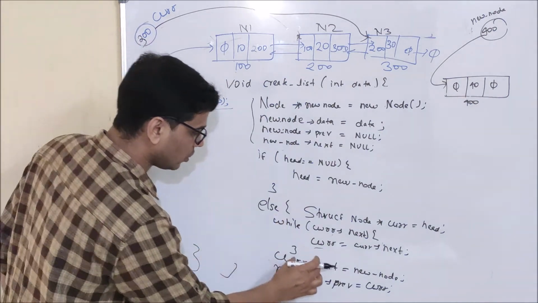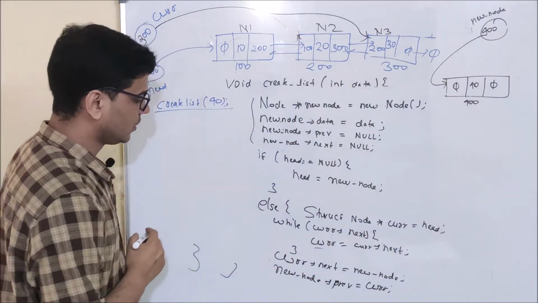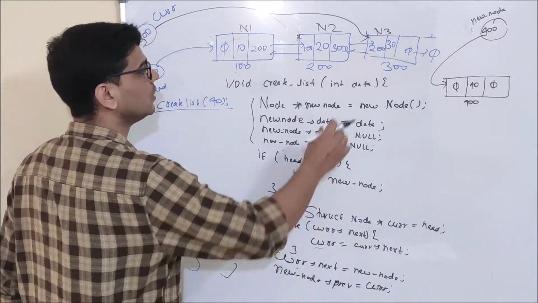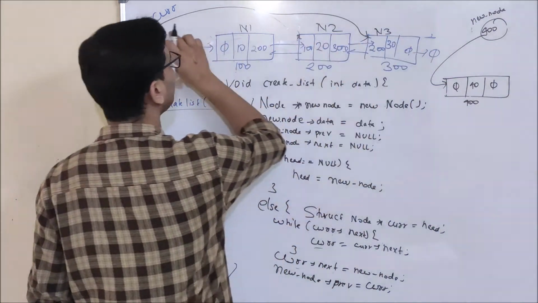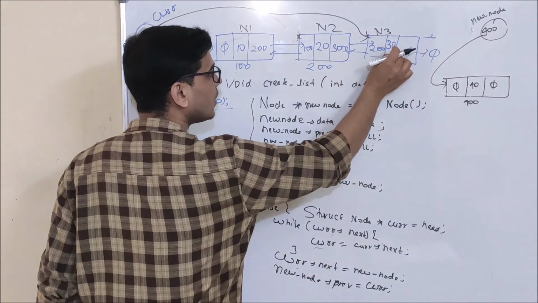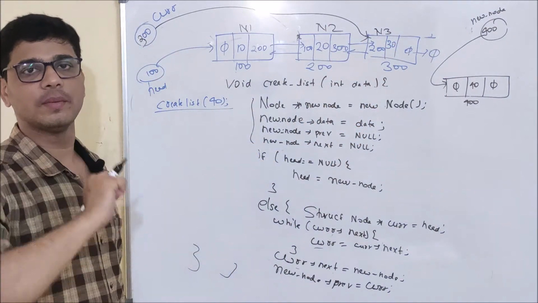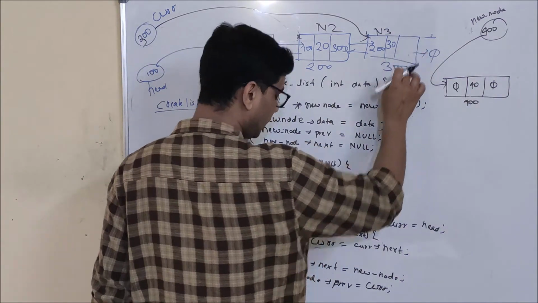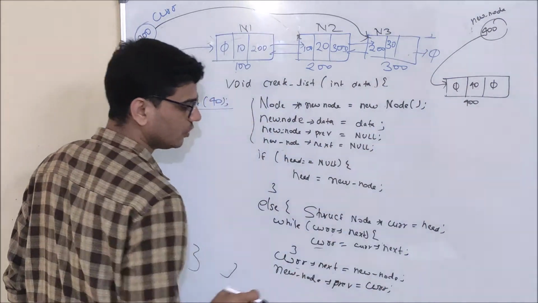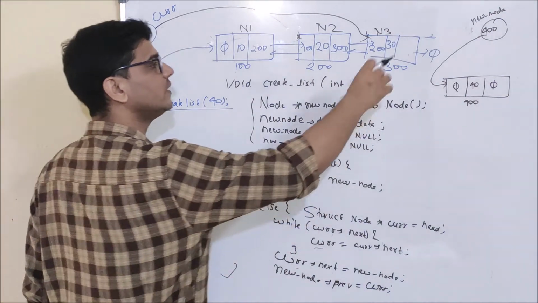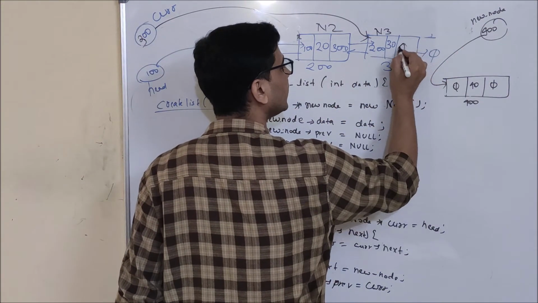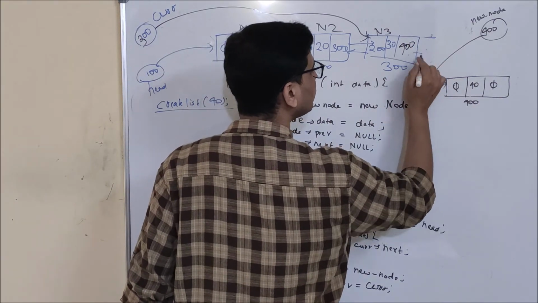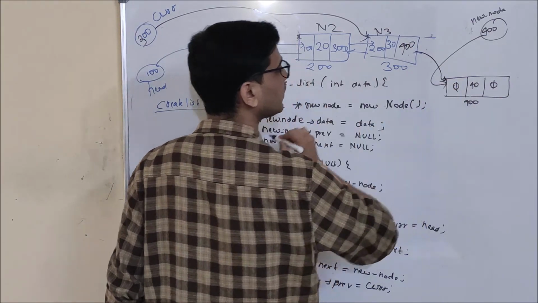Okay. And now we will execute these two lines. What are we doing here? First of all, we are updating current dot next. So what is current dot next? Current dot next is the next part of the node starting from memory address 300. So here what are we going to update? We will update new underscore node. And what is new underscore node? 400. That is, we will update 400 here, so that instead of null, it will start to point to this node.